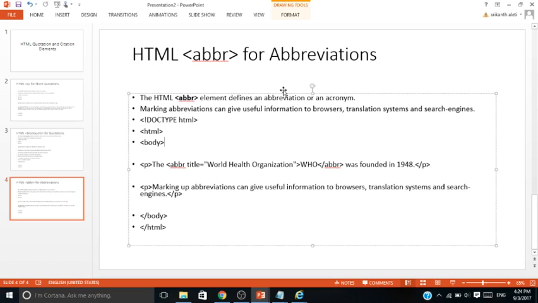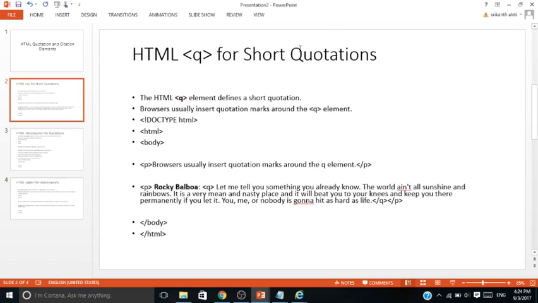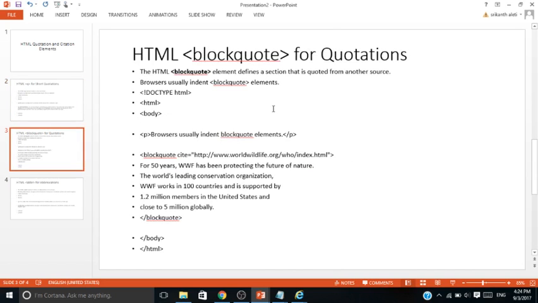So that is how HTML quotations are used. I'm just going to go over it again. I told you how to use quotes, I told you how to block quotes, and you can still cite